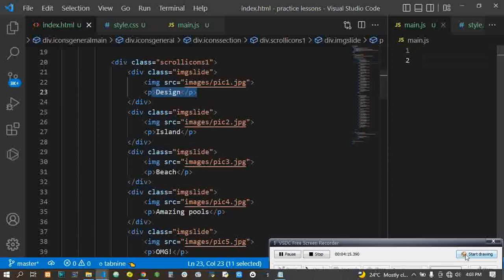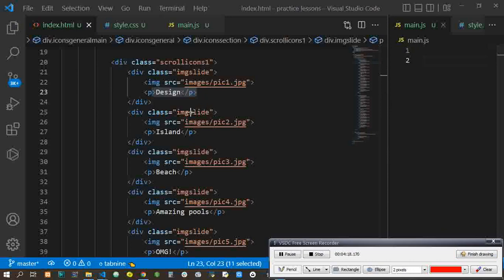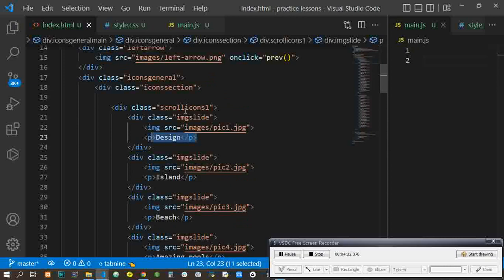Now after the respective divs, I have another div that is containing all of them, which is this icon, scroll icons 1. You can see here, scroll icons 1, right? Then the scroll icons 1 is in another div, like I told you, which is the icon section. This icon section is now containing the div that is containing all the icons. It is called the icon section. And then this icon section is now inside another div that is containing the icon section, and then those menus